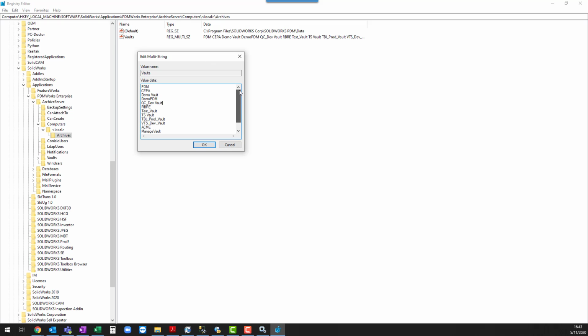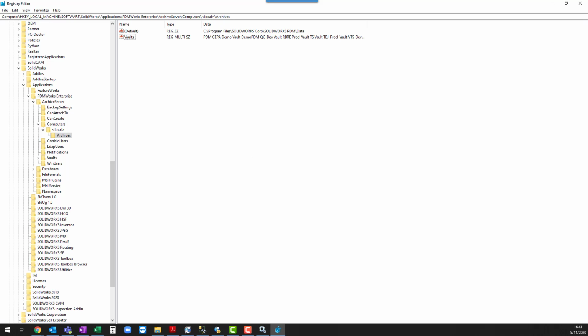So you also need to modify the vault name here in this particular registry entry. So there's our test vault, and we're going to change it to prod vault. And that step's now done. So now that we've made all the changes in the registry that we need to make, we can go